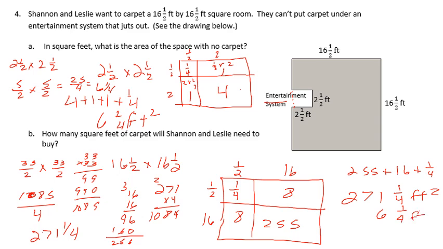But now, that is for the whole area. Now we've got to subtract that 6 and 1/4 feet that is not being carpeted. So when we subtract that,